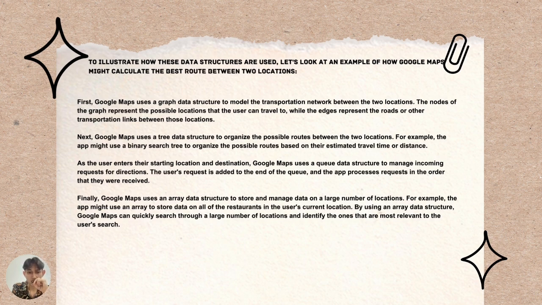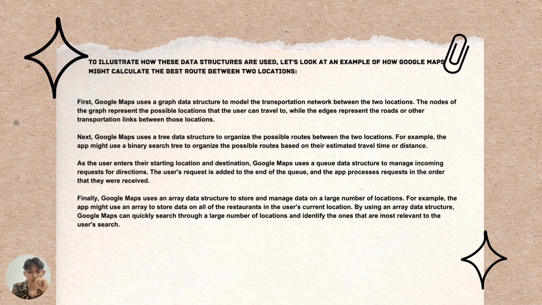manage incoming requests for directions. The user's request is added to the end of the queue, and the app processes requests in the order that they were received. And finally, Google Maps uses an array data structure to store and manage data on a large